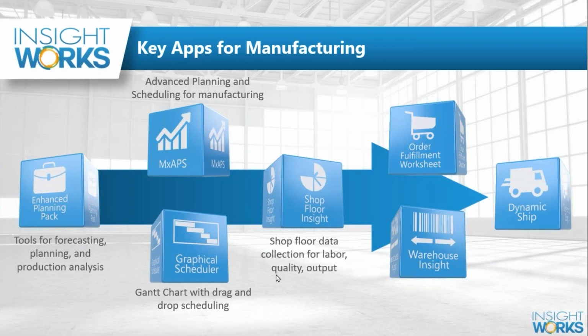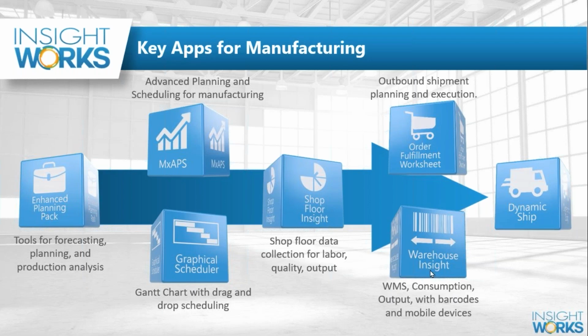it feeds back in. Once we're done, and Shop Floor allows us to record output and consumption, all those sorts of things. Once we're done and we've reported the output, we need to get it out the door. So then it goes out to our warehouse management solution, if you like, or that WMS Express I mentioned, to actually use barcodes to put it away or pick it and all those sorts of things. Warehouse Insight also allows you to do output and consumption. So if you don't need all the capabilities of Shop Floor Insight, you might just want to use Warehouse Insight to do your output. But at any rate, we can use Warehouse Insight for all the barcoding stuff we need to do.